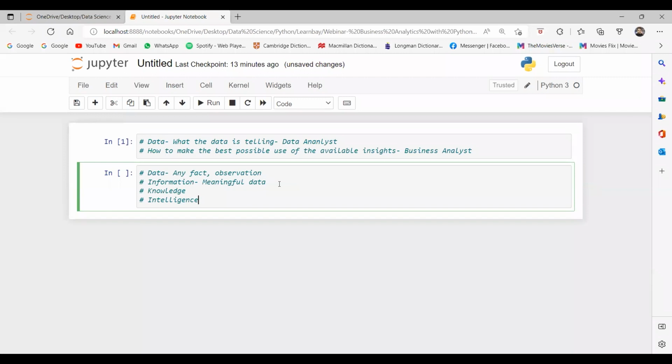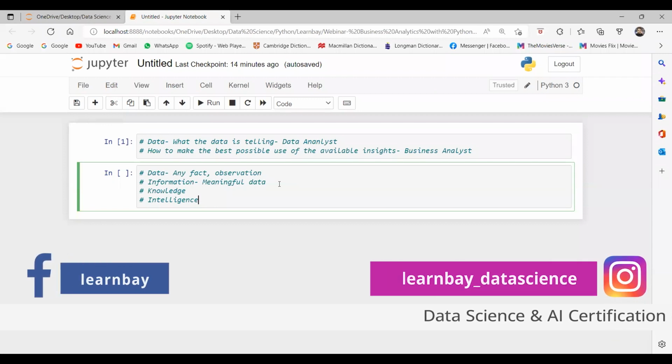When we have data, and it works in any field you go in, whether you are working as a finance analyst or a data analyst, in any field it works the same way. So first of all, we have data. From data, we derive some information that is kind of meaningful data. But see, what is information for me may be the data for you. What is the data for you may be the information for me. Agree with this or not? Yes. So can anybody explain how?